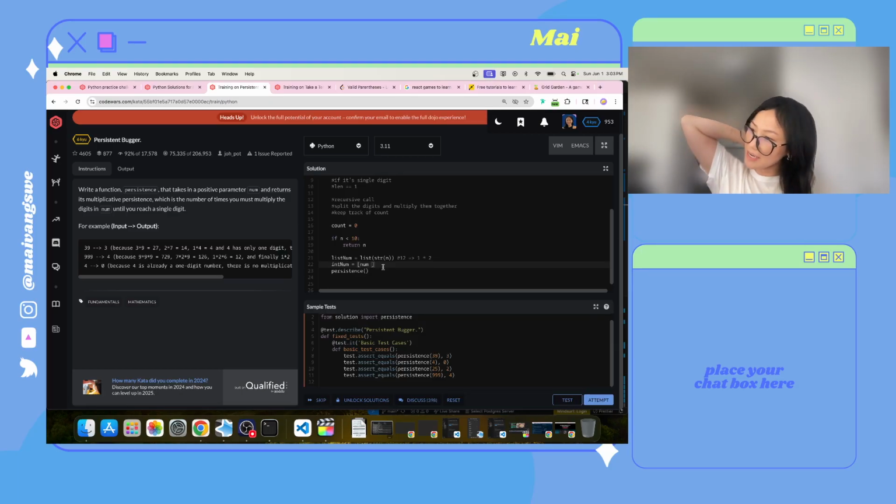Number is equal to the next number of number. While number is greater than 10,